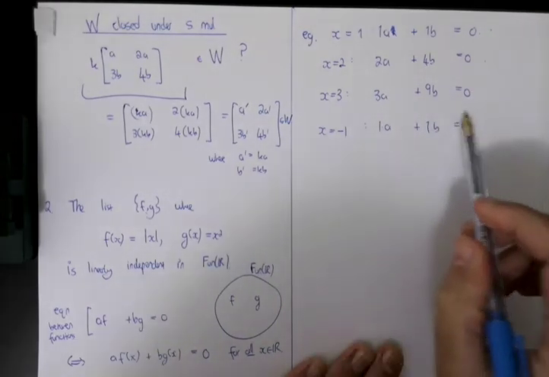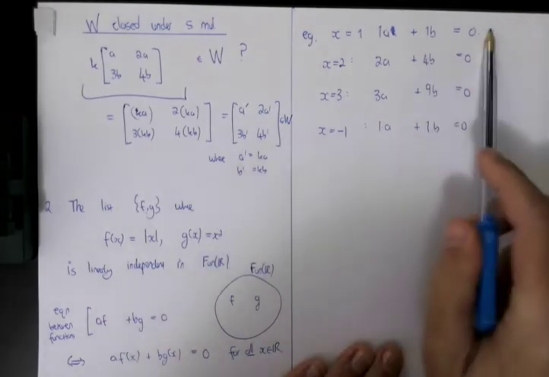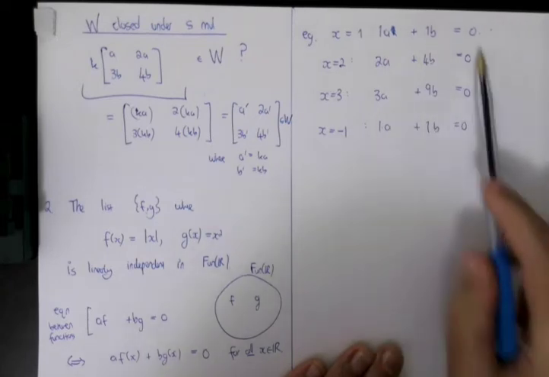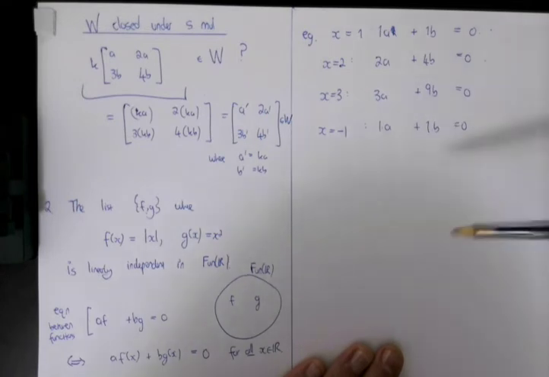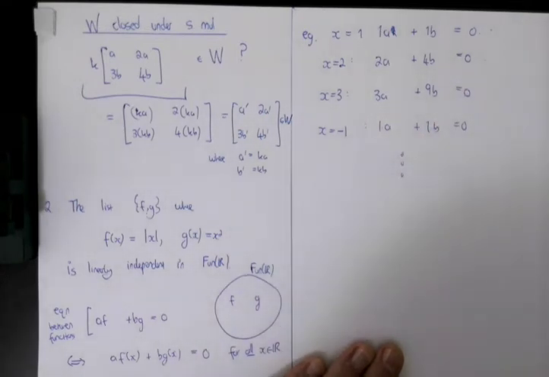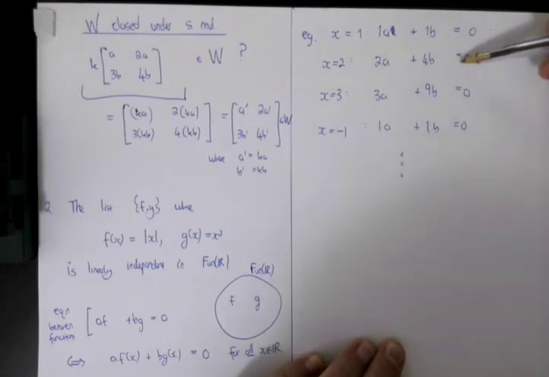So this equation here happens to be the same as this equation here. Okay, so some of the equations are going to be the same, but in general you get a whole lot of different equations, infinitely many equations. Now we've got infinitely many equations and only 2 variables, so you should immediately think